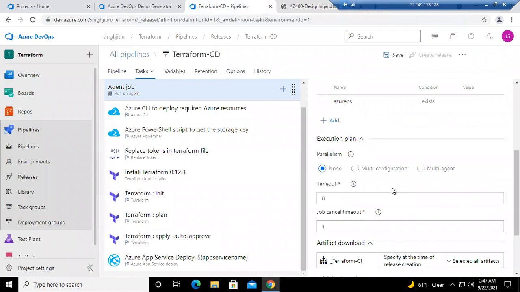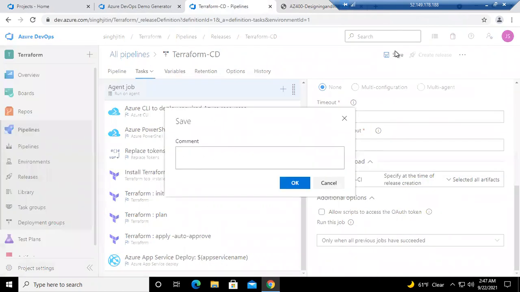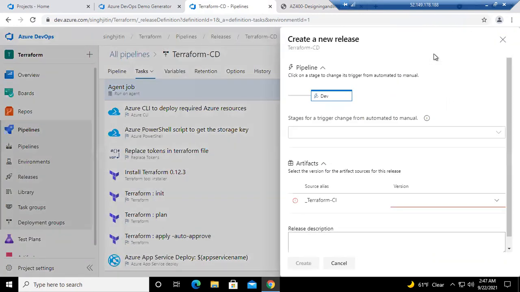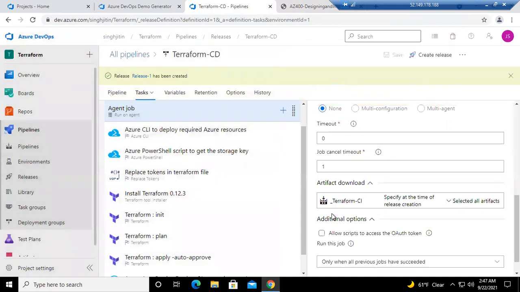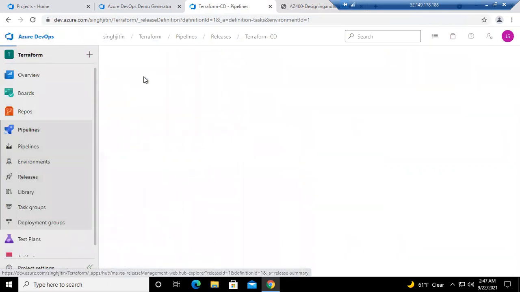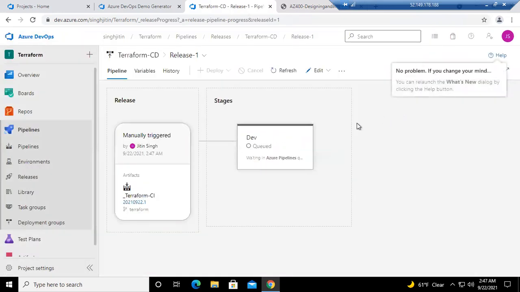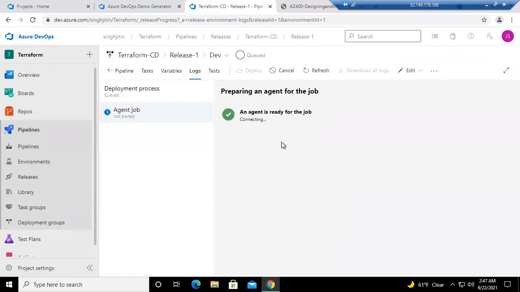Okay. So let me go ahead and click on save, and let me go ahead and continue with the release. So release has been created, guys. It is getting initiated over here. Just give me 1 minute. Yeah, guys, the process has been queued. So rest, it will do the needful for you guys.